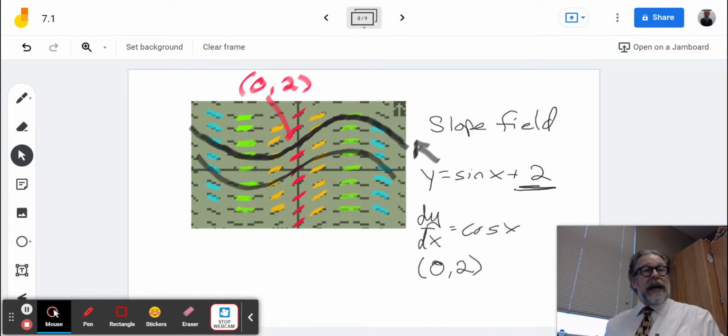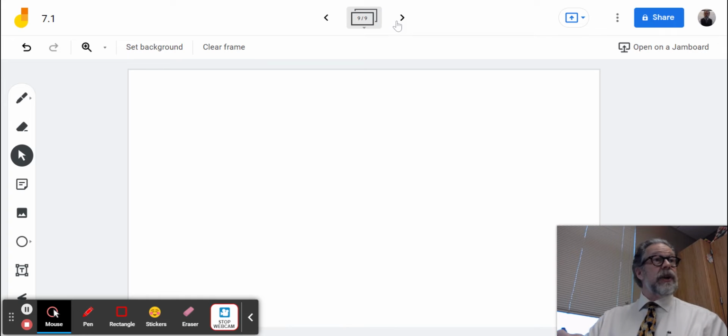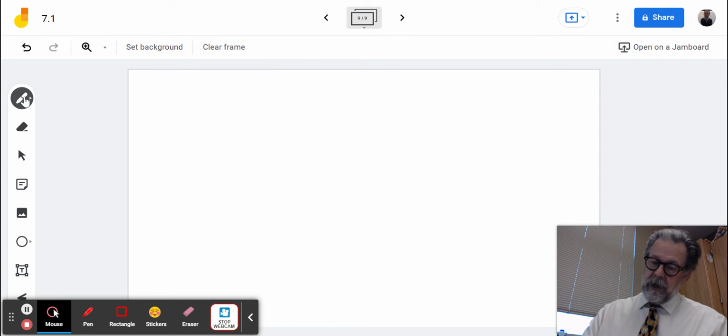Okay, if you watched the last video, we introduced the concept of the slope field, where we're given a derivative and we've got this little grid of slopes, the value of the derivative at any given point. But the question is, where did that little grid of slopes come from? Let's look at an example where we don't have a function. Instead, we have